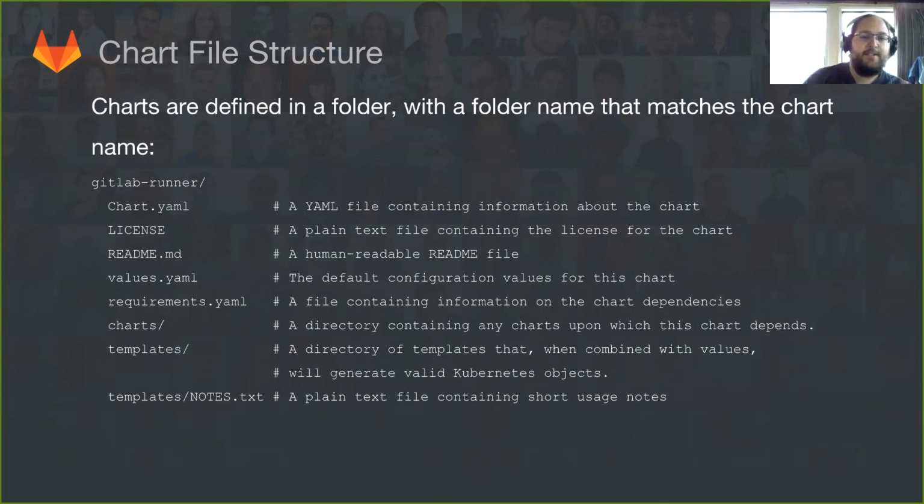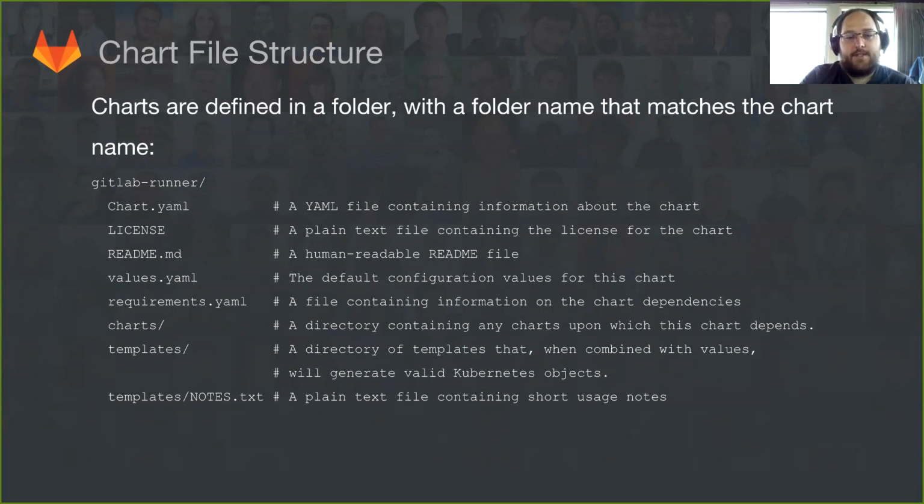Well, this isn't actually the chart, but, oh yeah, this is the chart. This is the GitLab runner chart that we have in our repository that I'll be using as an example here. So within this folder, we have a Chart.yaml, which is metadata information for the chart, a license file,